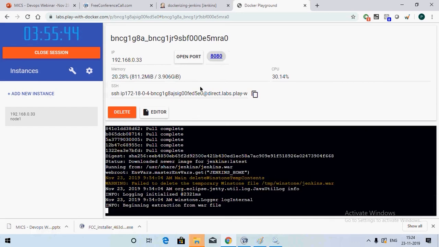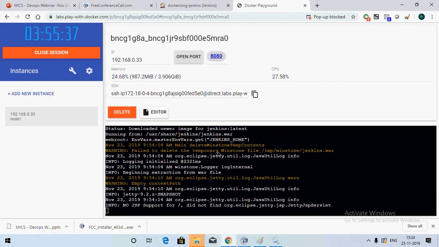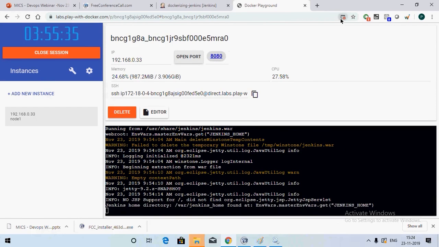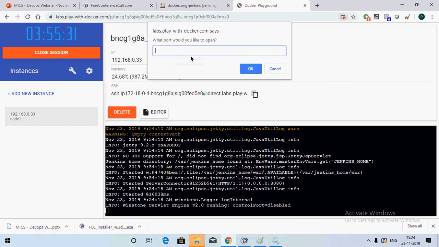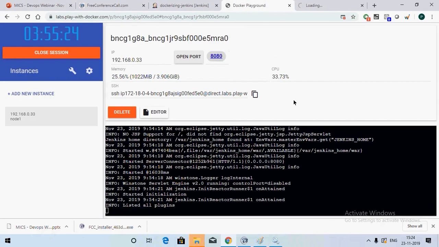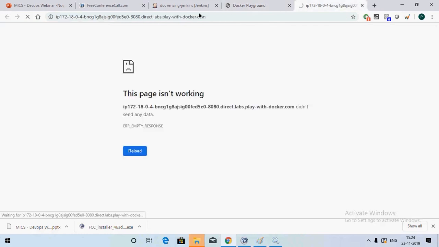Can you see Jenkins is starting now? Pop-up is blocked, let me allow the pop-up. If you open the port, I think 8080 should work.